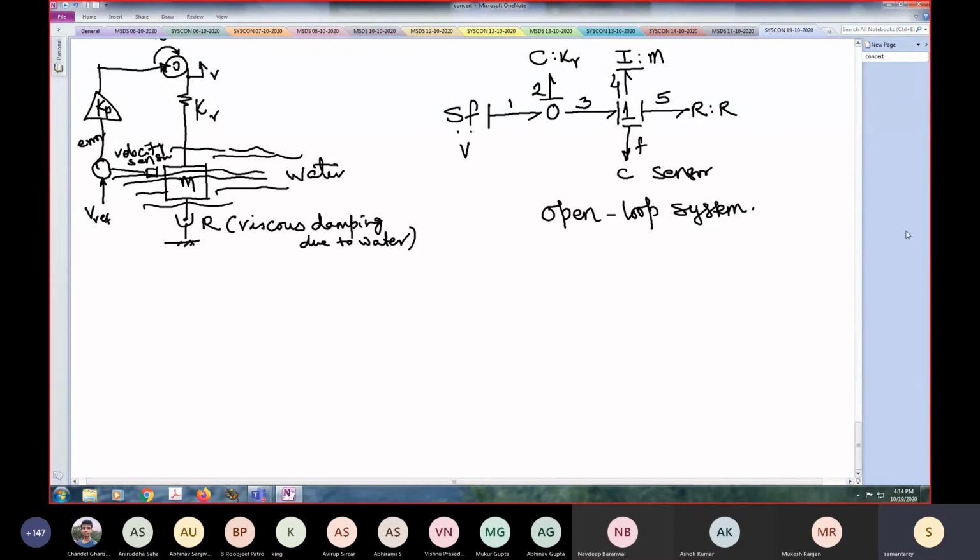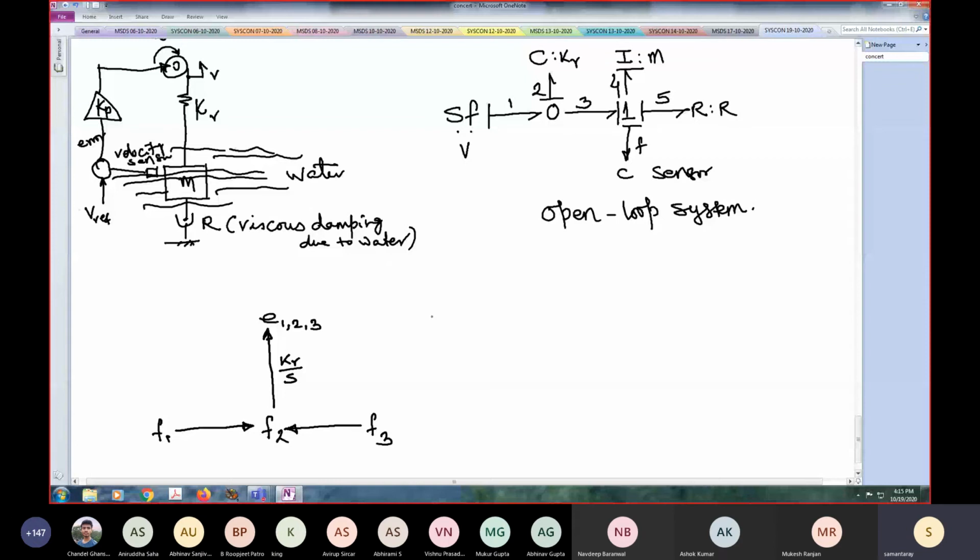So this whole signal flow graph is again simple. At the 0 junction, we will have the effort the same: E1, E2, E3 are all the same. F1, F2, F3 are different. F1 is input. You have F2 as a strong bond. So F1 minus F3 is F2. Then F2 integrated, multiplied with the spring stiffness Kr by S. In the electrical system it was 1 by Cs. Here Kr by S, that is E2.